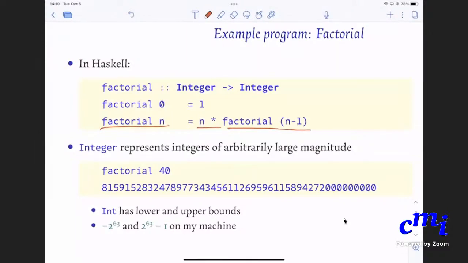We have already seen that you can do multiple lines of definition. So you have one line of definition for the pattern 0, and another line for any general integer. This is the rule for n equal to 0, and the rule for any n.